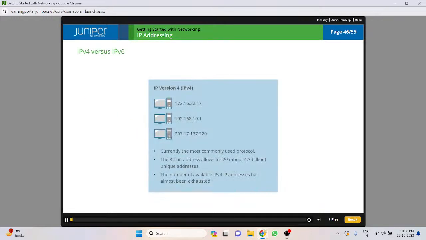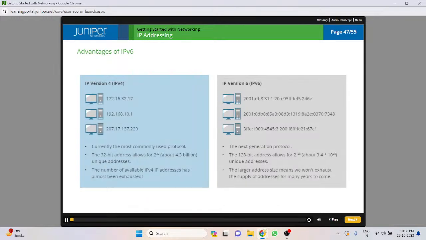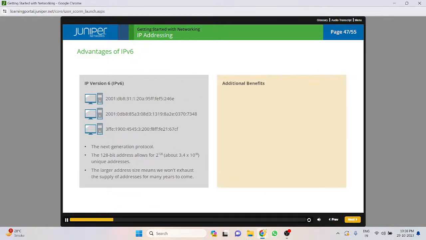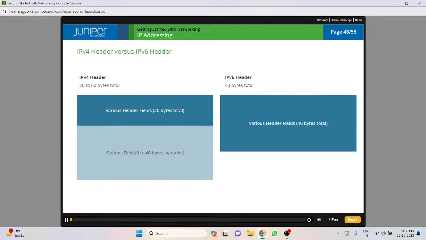You are now familiar with the structure of IPv4 addresses, which are used in most home and business networks. Although address exhaustion was a major reason for development of IPv6, it provides several other improvements over IPv4 as well. IPv6 eliminates the need for network address translation, or NAT. One of the main changes in frame format in IPv6 is that the header is now a fixed length. IPv4 headers have an options field of variable length, which means that